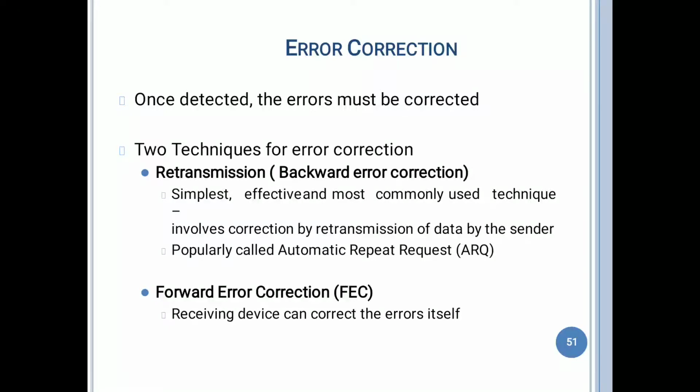So error correction. Previously we discussed what error detection is in the last video. So what is error correction? While transmitting the data, the sender sends the data and the receiver receives the data. If it is a noiseless channel, then there is no problem and the data is correctly received by the receiver. But in some cases, due to noisy transmission or a noisy channel,